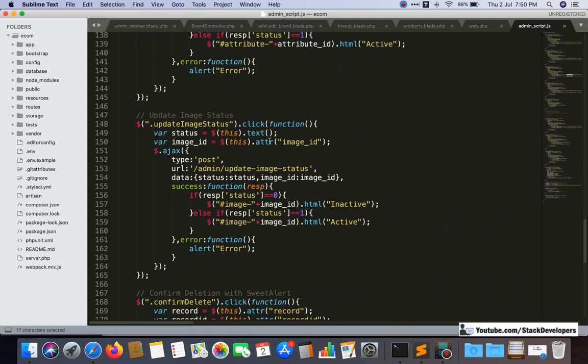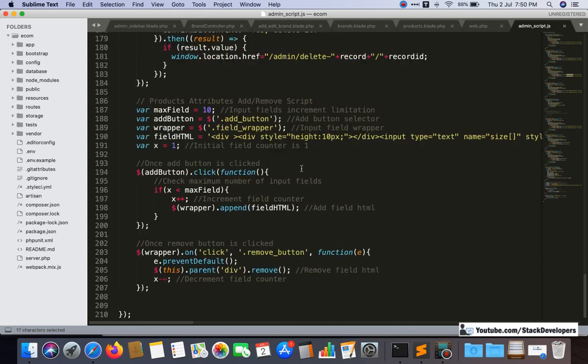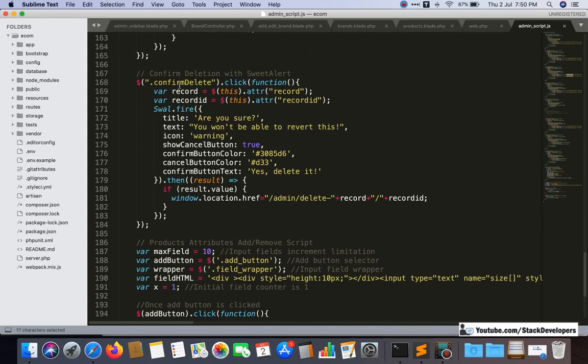We can also do it for the update status, active inactive, but that is a bit complex, so we have not done that, but we can do that thing also. Here we have done it for the confirm delete. So you need not do anything because everything is dynamic here. We are just getting the record, in the record we get the module name, and we use that here as well, you can see, and for the route as well. The record ID means the product ID, category ID, here brand ID will come, and we use that with the route.